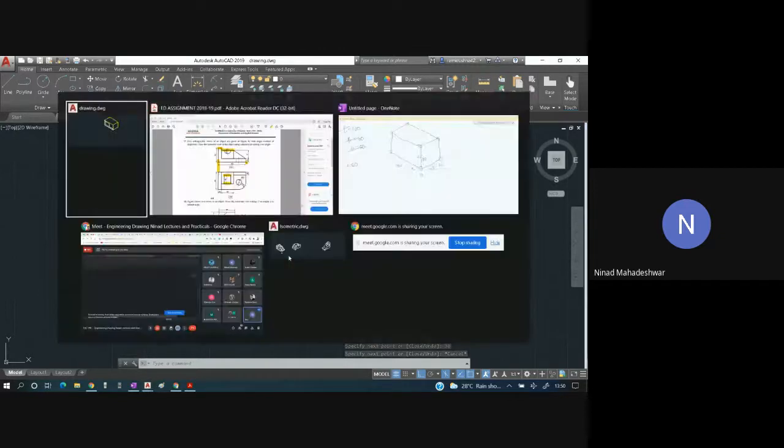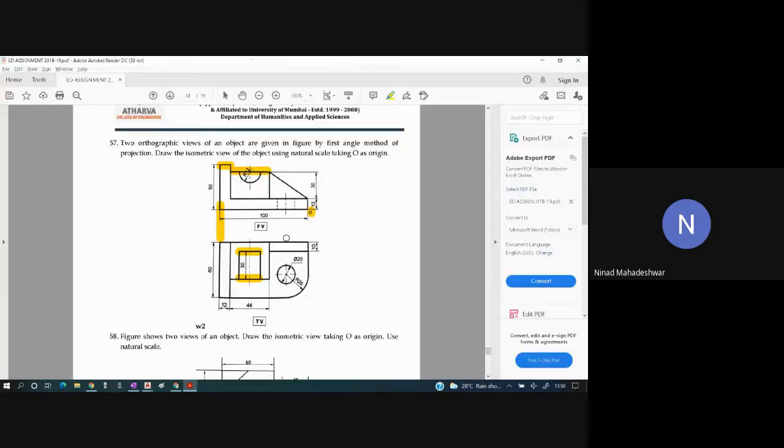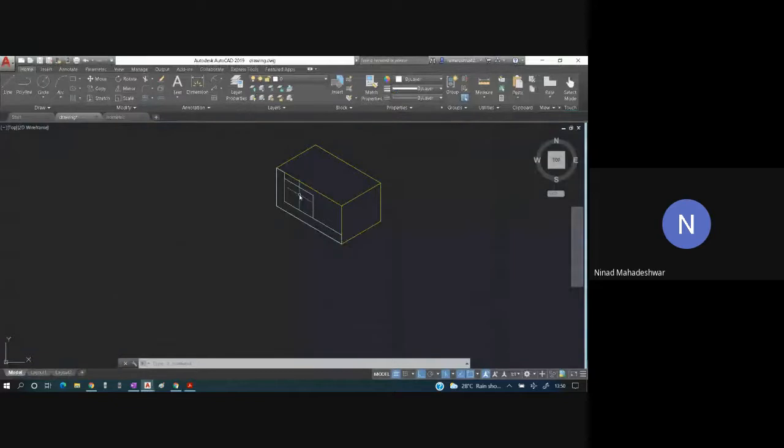Next is drawing this entire part, the triangular part. How will you draw this triangular part, students? We will join those ends. Yes, you will join this end to the other end.